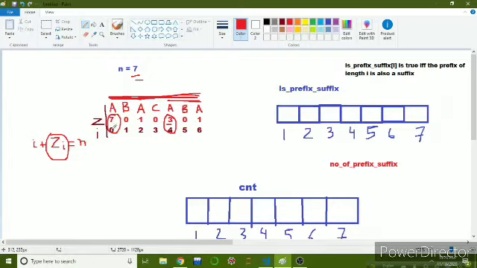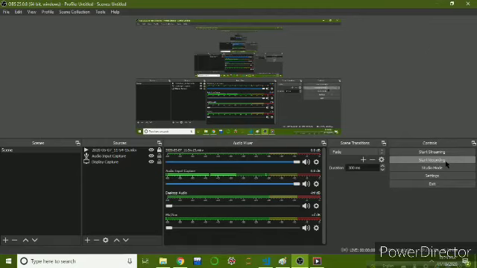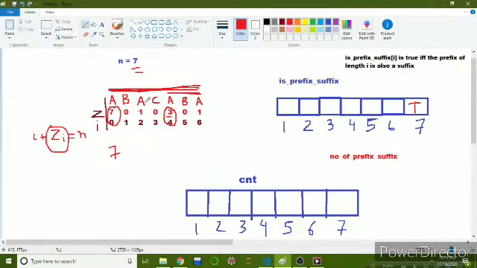So at index 0 the Z value is 7 and 7 plus 0 is 7, that is equal to the string length. So we can say that the prefix of length 7 is also a suffix. So we will go to the index 7 in this array and we will set the value true. Then we go to the next index and we can see that the Z value here is 0.